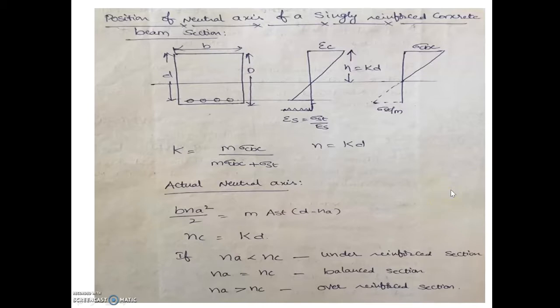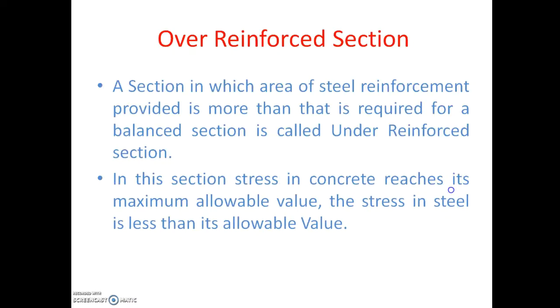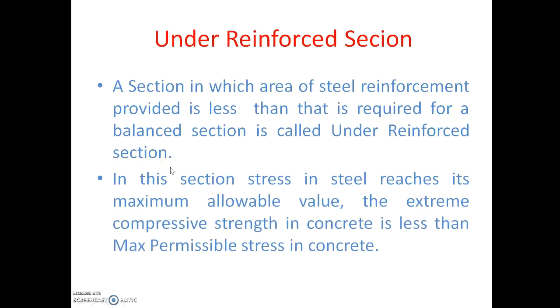Generally, over reinforced sections are not preferred for design, and a balanced section is also not practically possible, so it's better to design the section as an under reinforced section. An under reinforced section is a section in which the area of steel reinforcement provided is less than that required for a balanced section. In this section, the steel will fail first and further the concrete will fail,